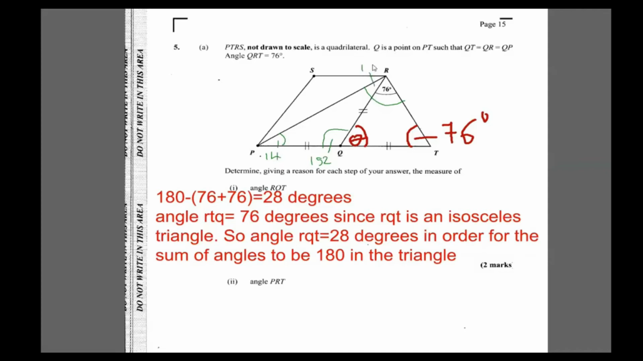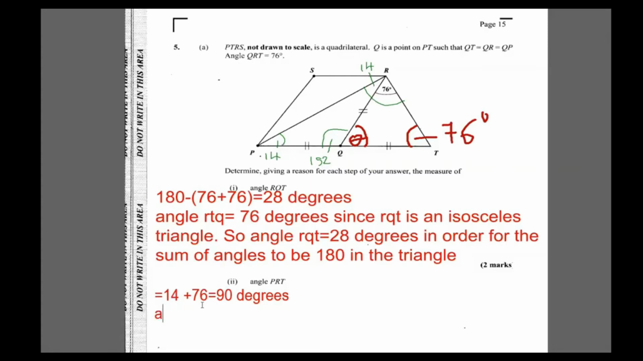And so the angle at R right here is 90 degrees. Angle PRT is equal to 14 plus 76, which is 90 degrees. Now to tell them the reason, you're going to start by telling them